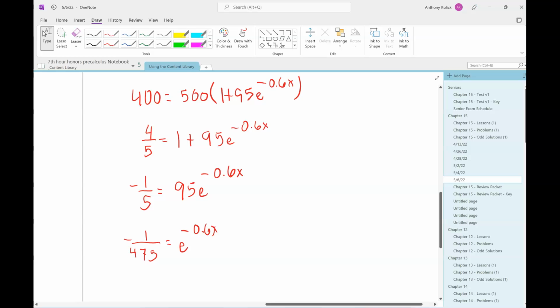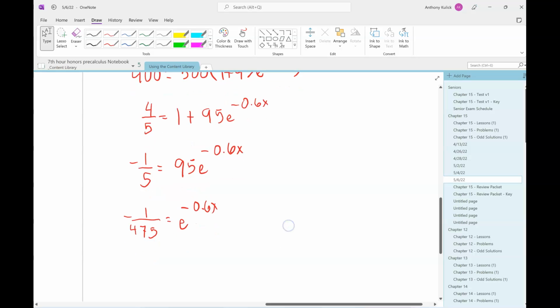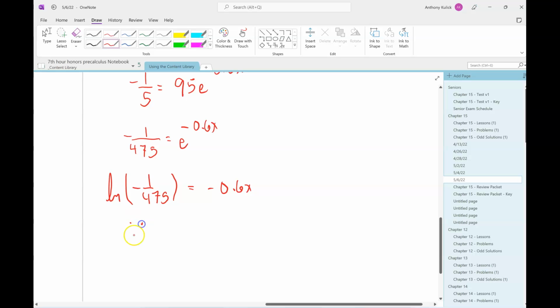And then if I go and I take the natural log of both sides, what's going to happen? Can I take the log of a negative? Nope. So this is no solution. Yeah, and that should come as not too big of a surprise considering we have a,